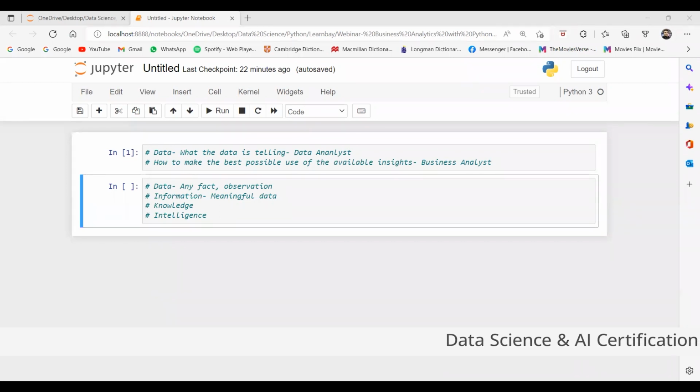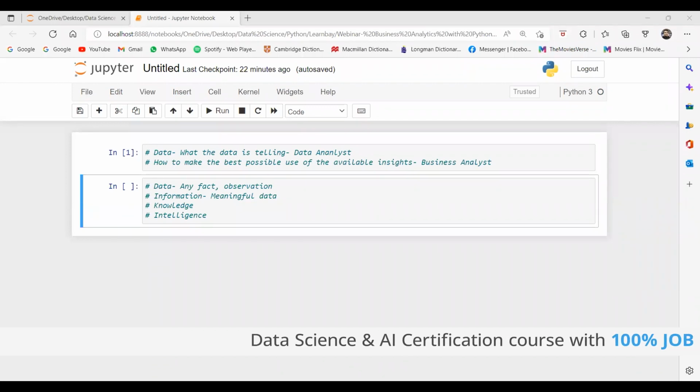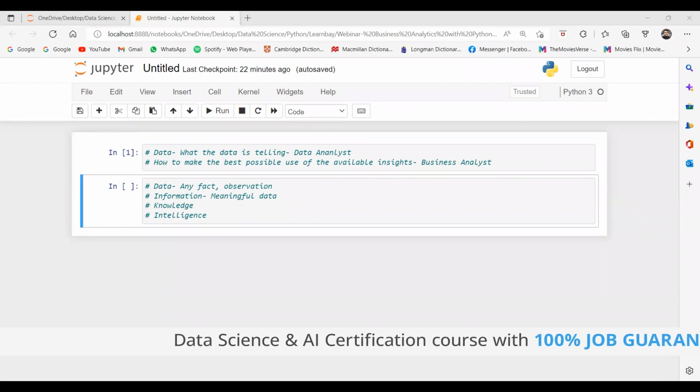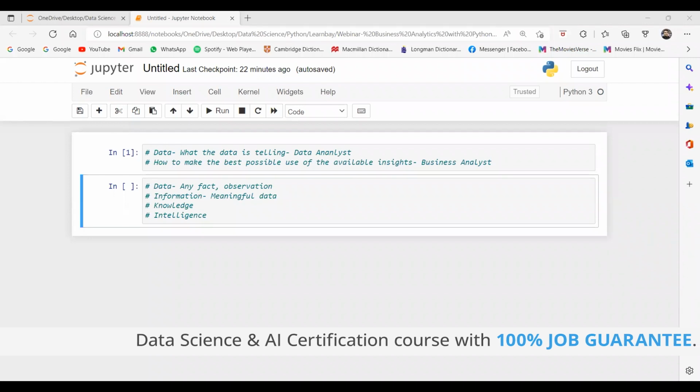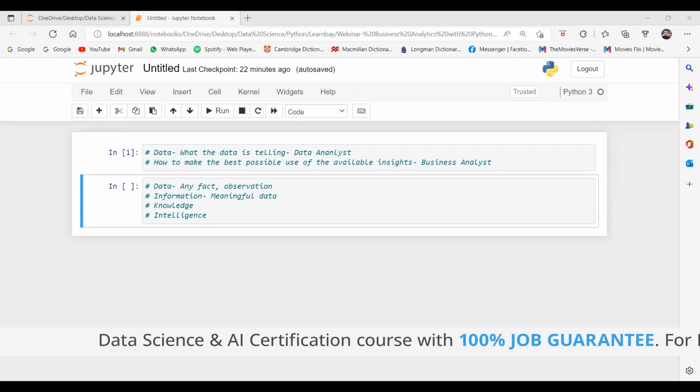If the business analyst is misguided, then the whole organization is misguided. They will have to face losses in future. Without the skills of a data analyst, you cannot be a business analyst. A business analyst should know those skills.